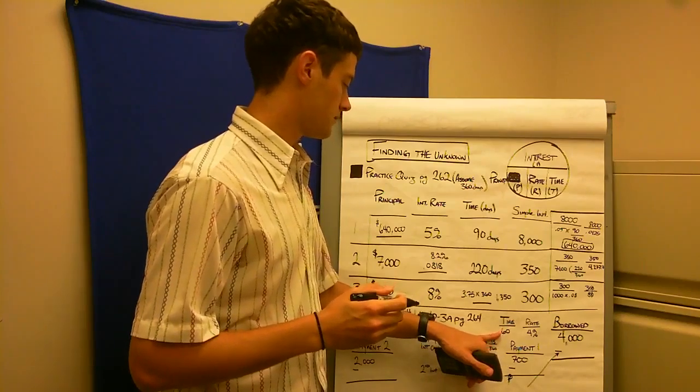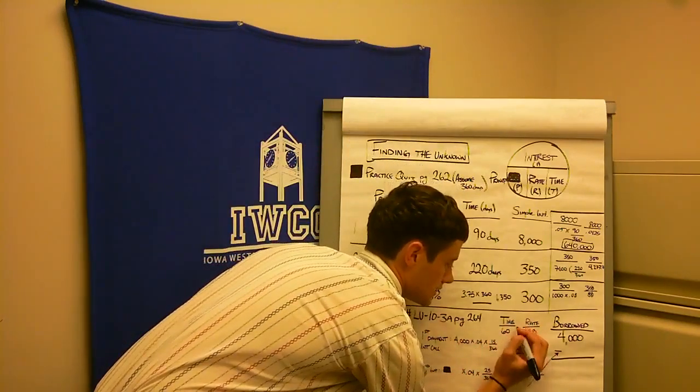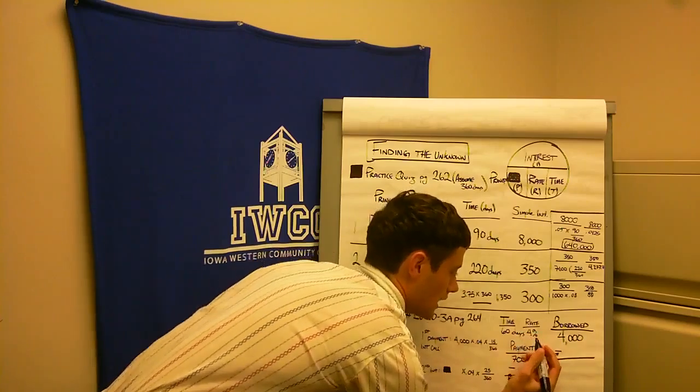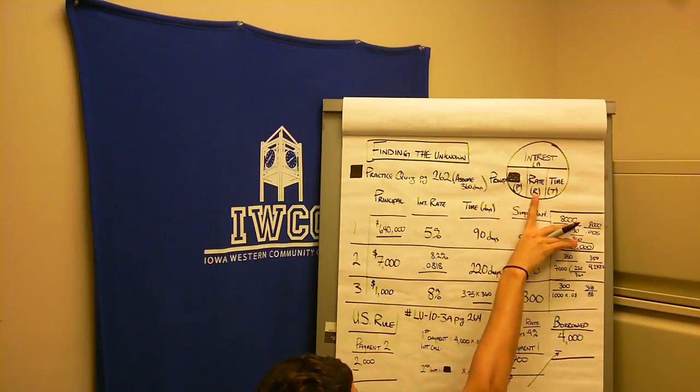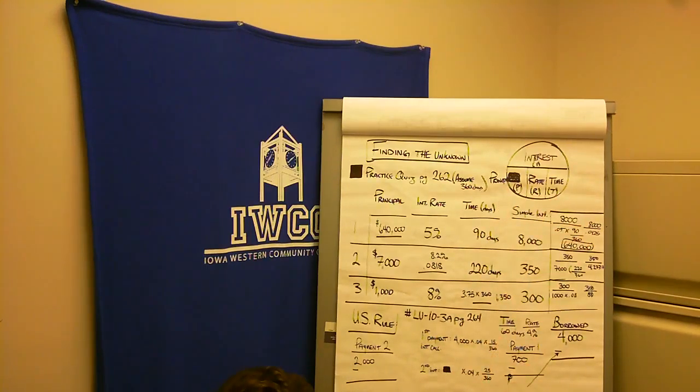So I've got our time. So we got 60 days. I've got a rate of 4% interest, and I've got how much we borrowed. So we have to calculate our interest for the first payment period. So it said she paid on day 15. So what I'm going to do is take our 4,000, which is our principal, times our rate, times our time, which is 15 over 360. So 15 over 360 times 0.04 times 4,000 gets us